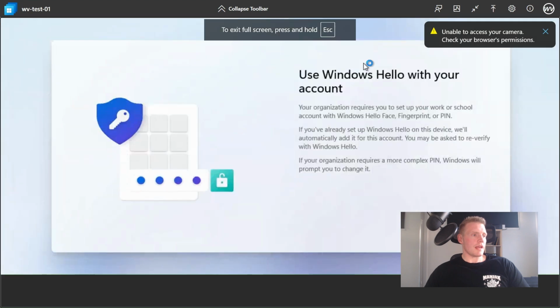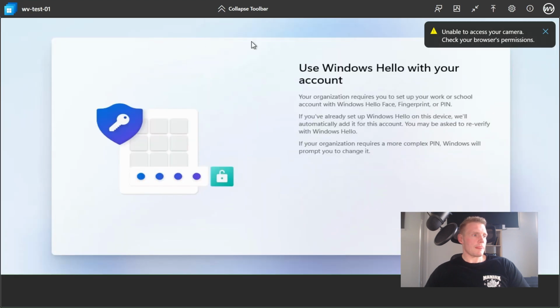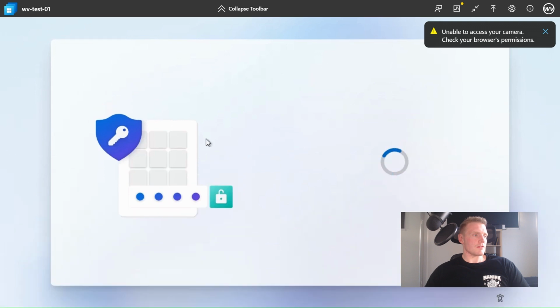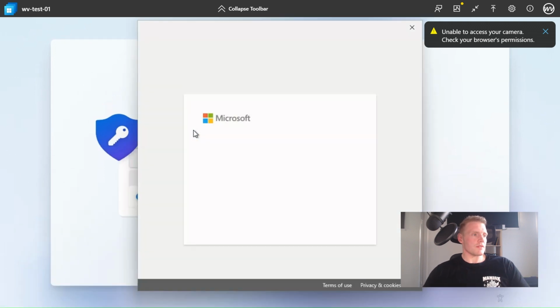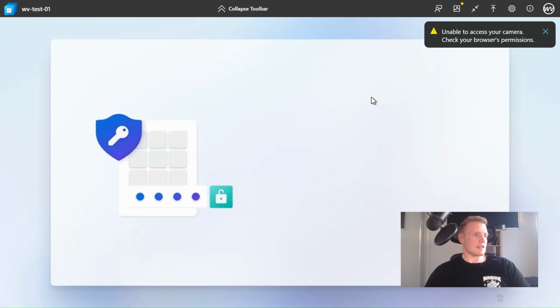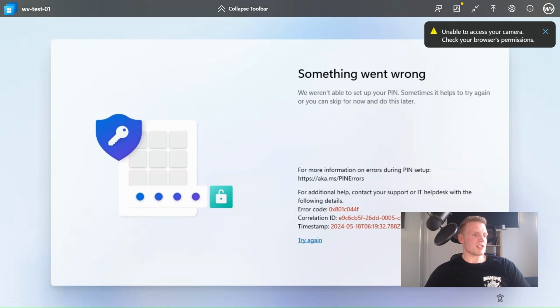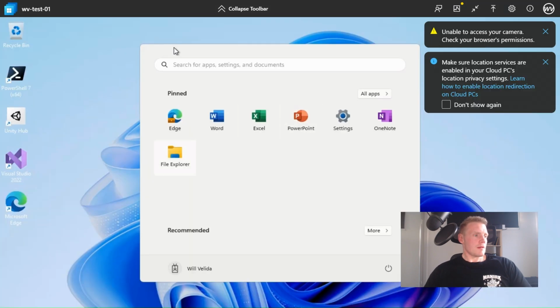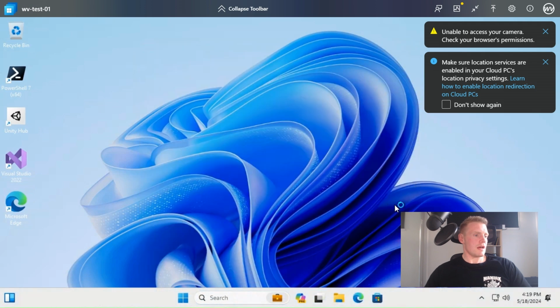And there we go. I am connecting to my dev box. Fantastic. Okay, cool. Because I'm creating this for the first time, it's going to set this up. I'm going to just skip that for now. But there we go. So I've got my application settings, Visual Studio 2022 installed, Unity Hub. That's pretty cool. So this is a VM image that I've used out of the